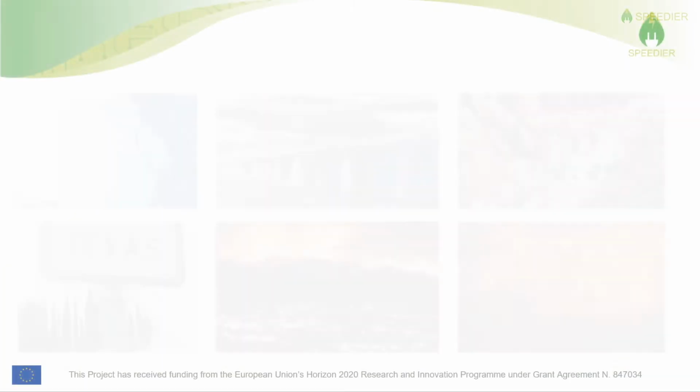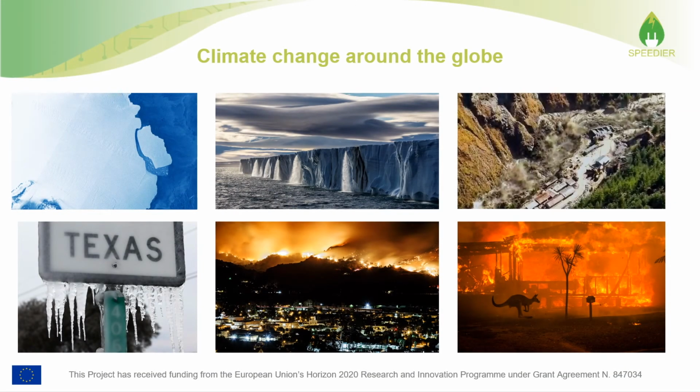Climate change around the globe. The climate is already changing. Moving from top left to right, you can see an ice sheet the size of Manhattan breaking off Antarctica. You can also see glacier melt in Greenland and a landslide in India due to glacial melt. The planet is heating up and causing our glaciers to retreat or melt altogether, leading to rising sea levels and destruction of vast coastal communities and river communities.